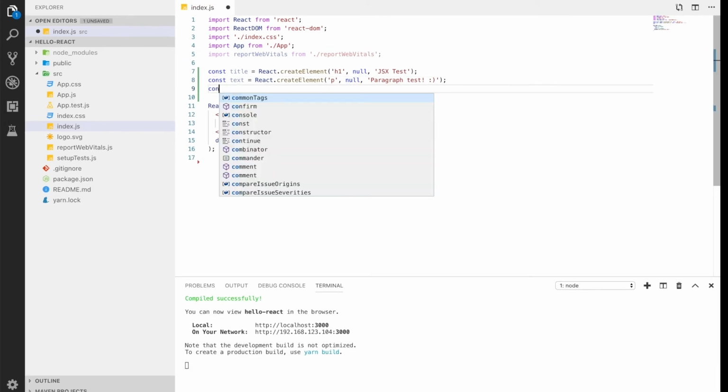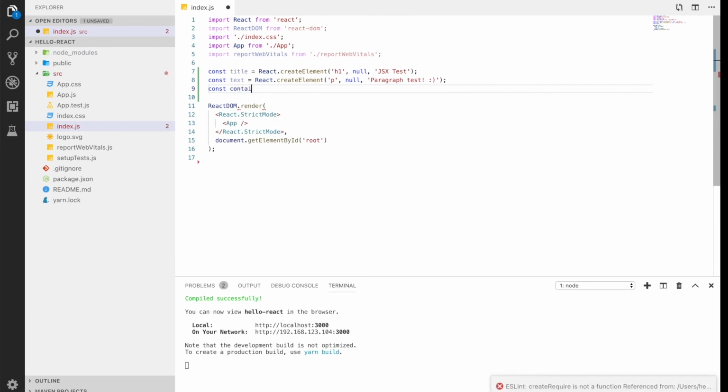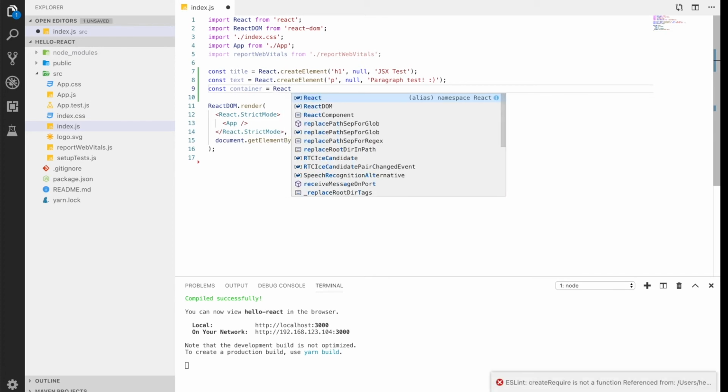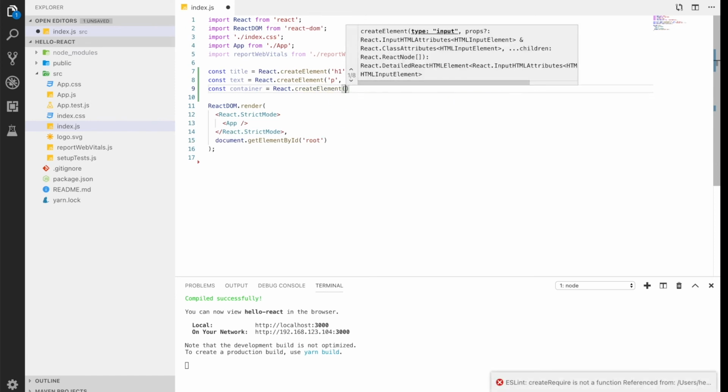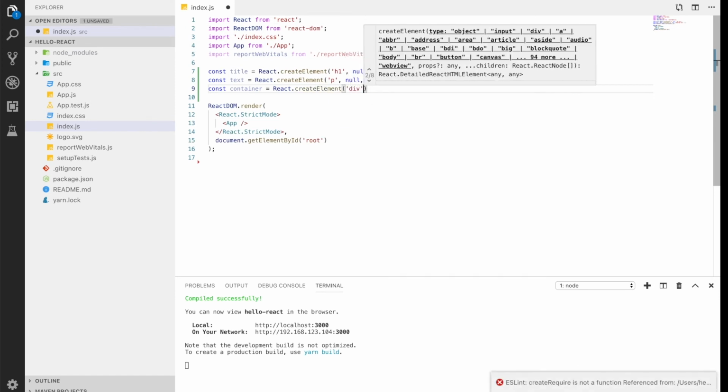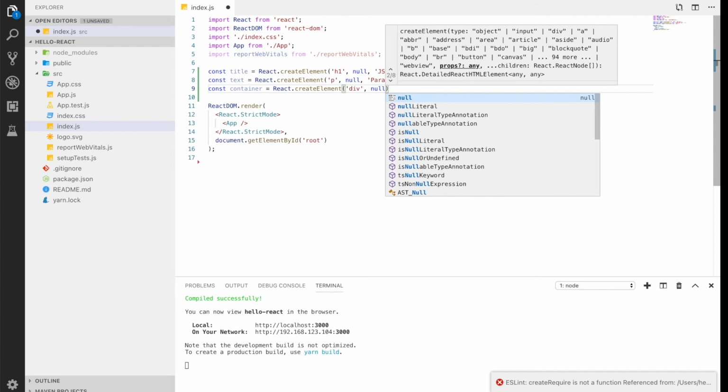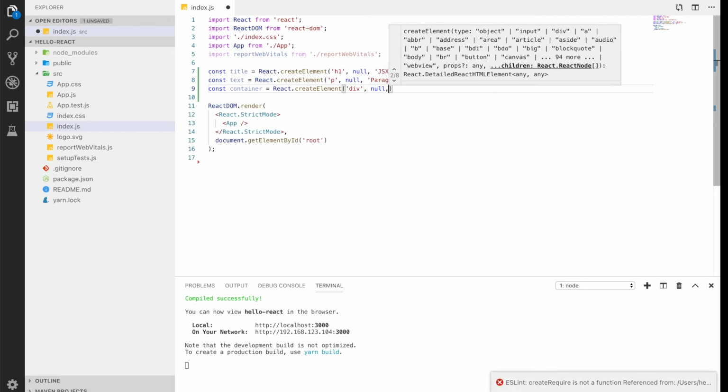And I'm going to create another one called container, where I can put both text and title inside of it. So I'm going to put React.createElement one more time. And this time I'm going to give div tag, and I'm not going to give any attribute right now.